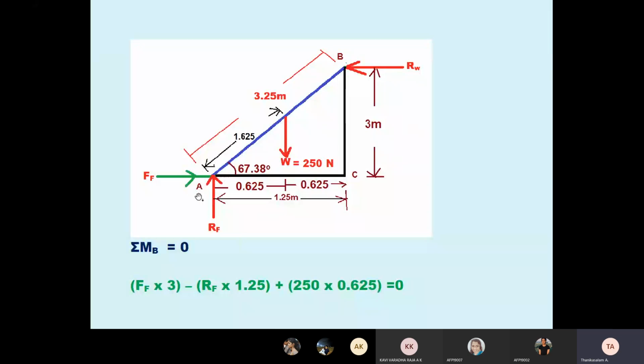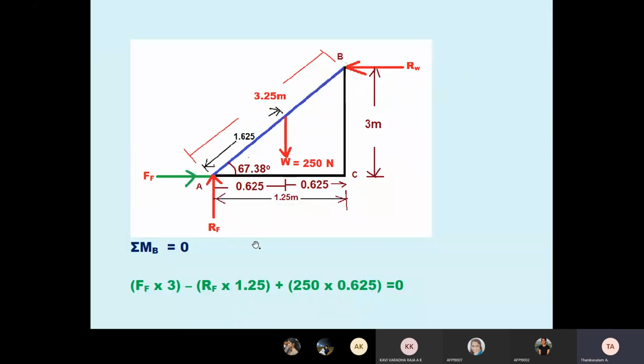Suppose I am choosing A as a reference point. Students, the same concept, just remember moment. Whenever taking moment, you have to identify which forces are not giving moment, which forces are giving moment. Suppose I am choosing A as a reference point. So the FF is not giving moment. So FF is 0, RF also 0. What are other forces? W and RW. But our aim is what? FF, no. That's why I'm choosing the B point as a reference point. Here we can take moment with respect to A or B, but our aim is FF. That's why I am choosing reference point B. Otherwise, generally you can choose A as the reference point.